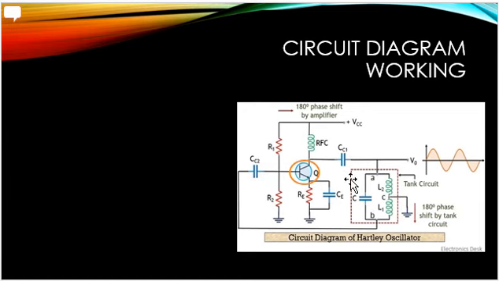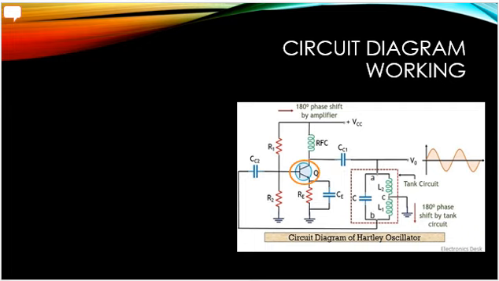Next point is about the inductor used in this circuit: the mutual inductance L1 and L2 creates a feedback energy from the output back to the input. Whatever part of the energy has been fed back from here to here is the energy which the capacitor has been charged with, as well as some energy which the inductor has stored. So basically, it is acting as feedback energy across the entire circuit. Okay, so this is the circuit diagram working.